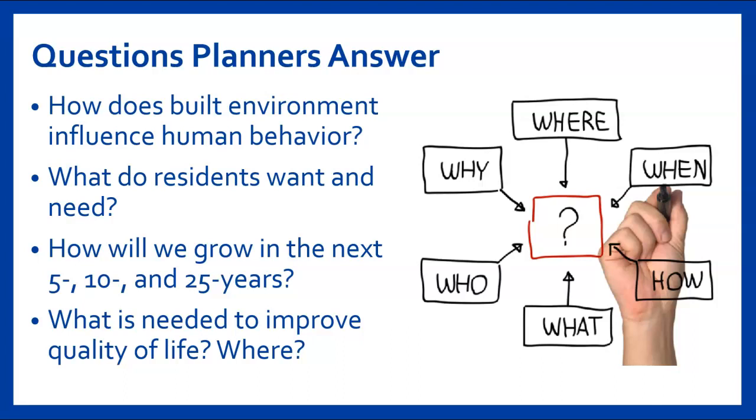We also look at how we are going to grow in the short and long term. That is the biggest part of planning. We say, hey, in the next 5 years, I know immediately we have these needs. Maybe there are a lot of safety improvements. Maybe there is a development coming in that might impact air quality conditions. Maybe it's an industrial site. So we need to look at our immediate needs, but we also ask, what do we need in the future? We're trying to help decision makers by saying, this is what we project is going to happen, and this is how we accommodate that growth. And then we just do a basic, what do people need to improve their life?